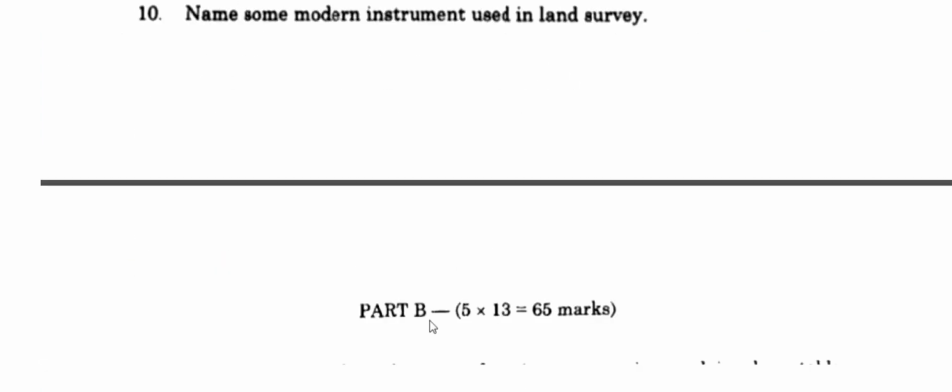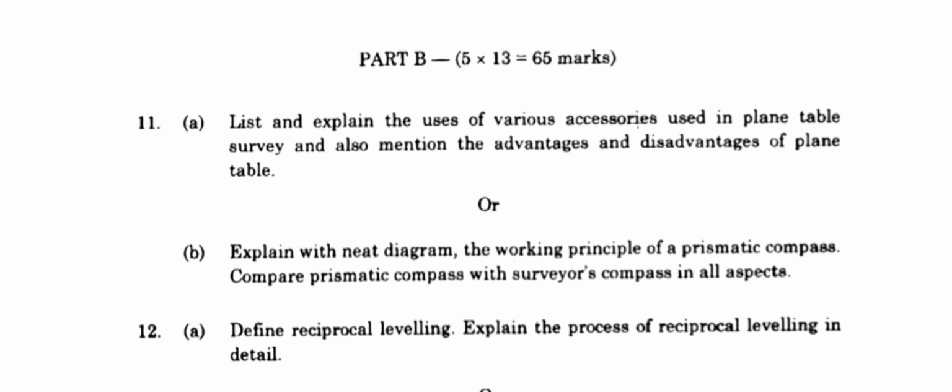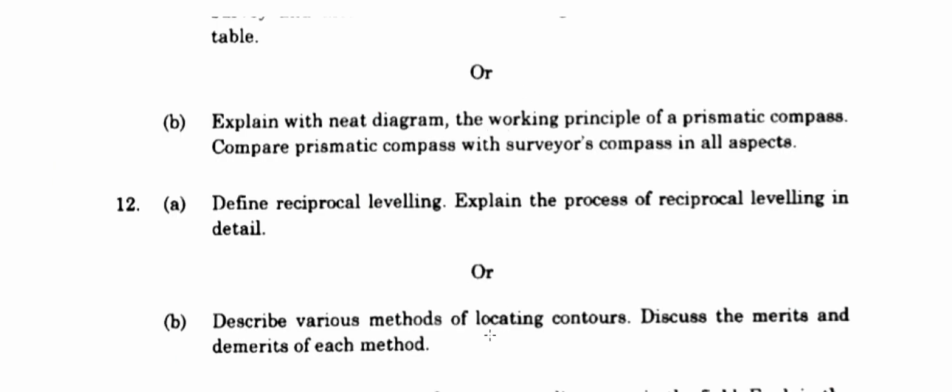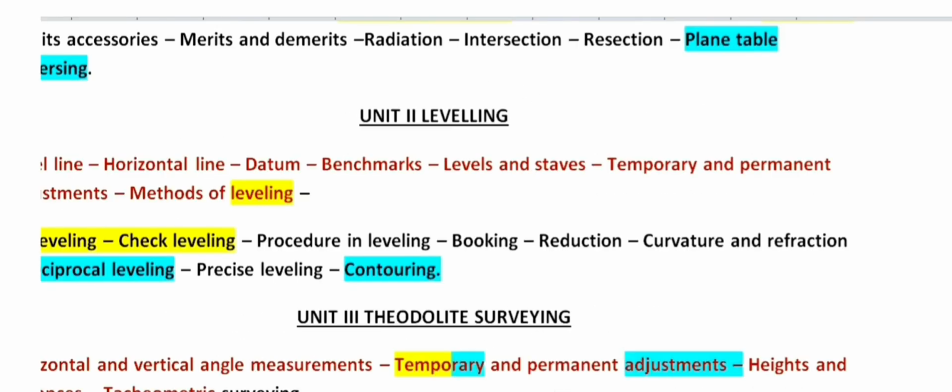Coming to part B questions. 11A is about a plane table survey. This is the second half of the first unit. 11B is about a prismatic compass. So it comes under the first half of the first unit, that is the compass types. In 12A we have reciprocal leveling and in 12B we have contours, and both the questions belong to the second part